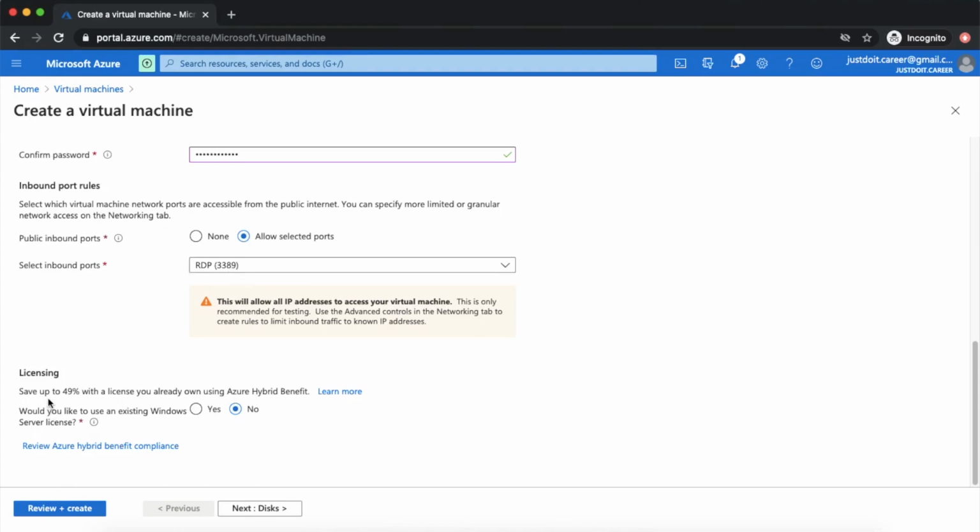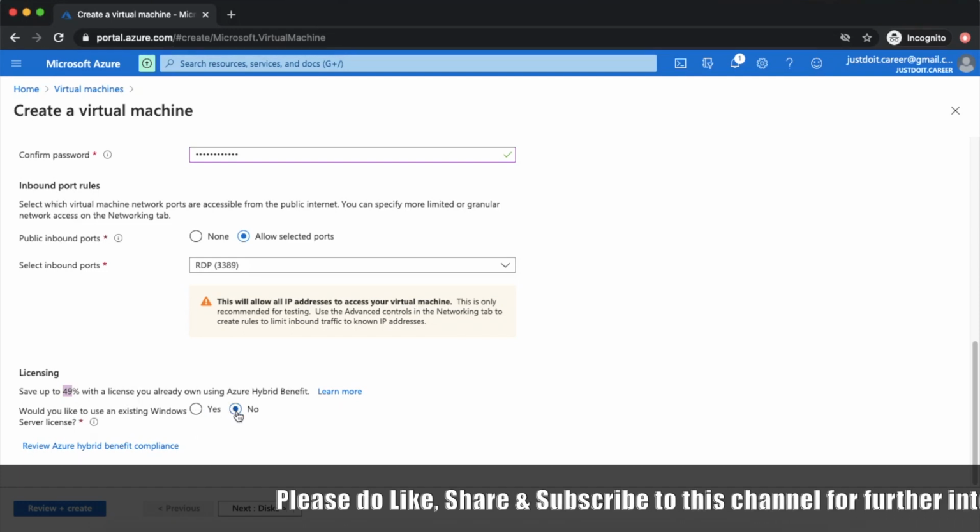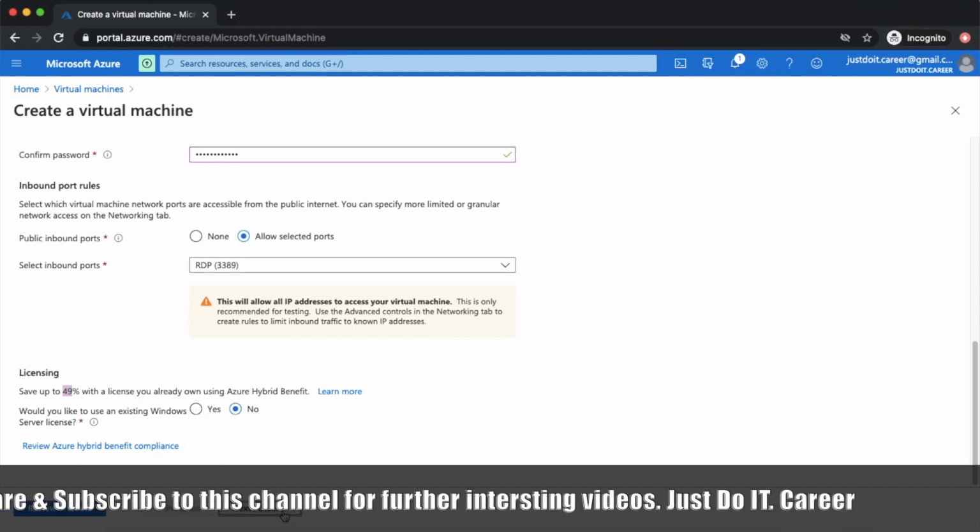Now if you already have a license which you have used on your local premises, you can use that anytime and save 49% of cost by using that license. If you don't have that license, of course you can select no and continue with the rest.